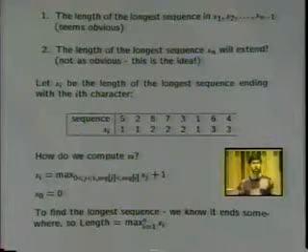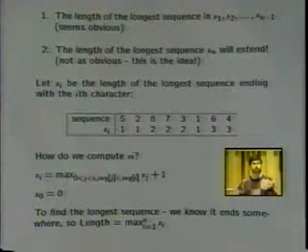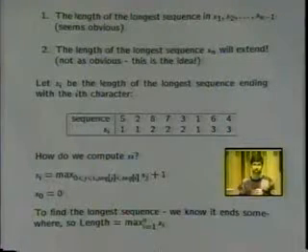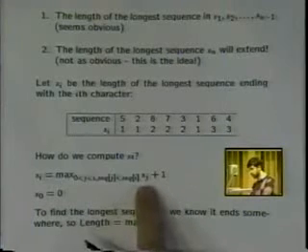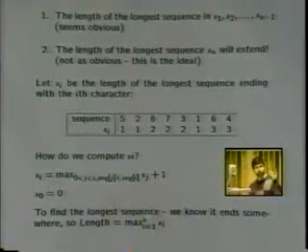What is dynamic programming? It is a way of computing a recurrence relation efficiently by storing partial results. What are the partial results that I'm storing? The values of s sub i: s sub 1, s sub 2, s sub 3.